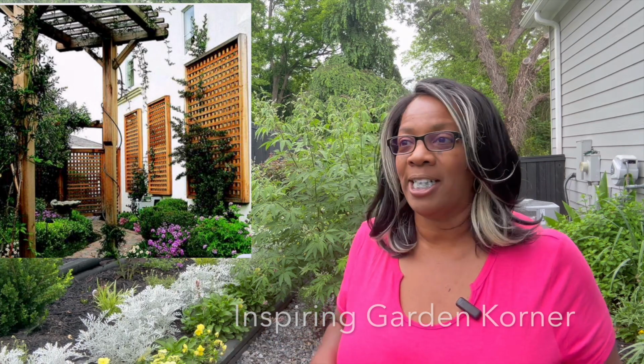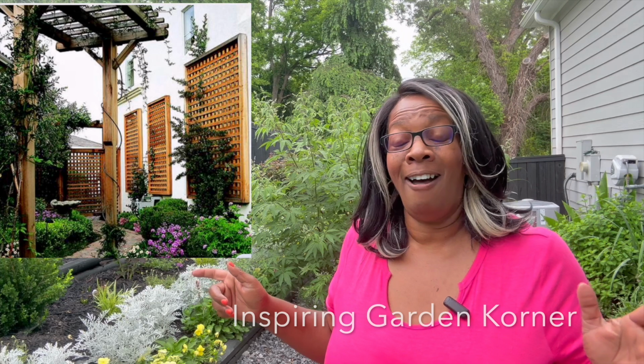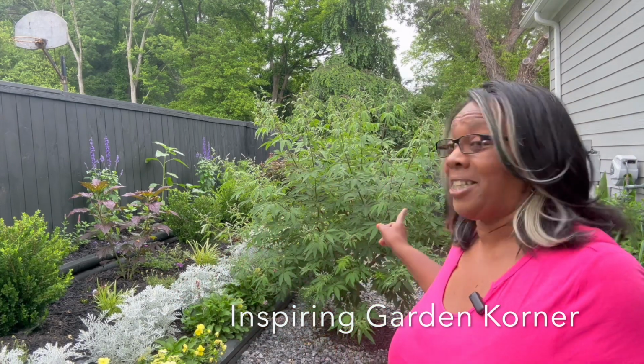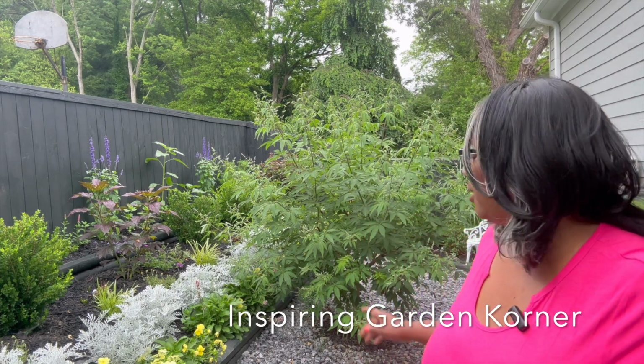My garden dream is tied to my secret garden. Come along with me while we go inside the secret garden. Now, one of the things that I was inspired by from Pinterest was this photo to add the arbors in here. Well, because my Texas Vortex is just doing so well,